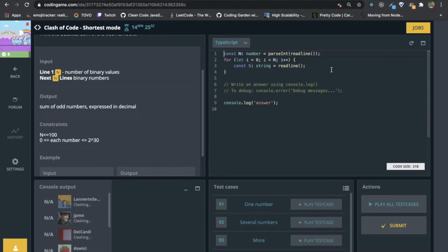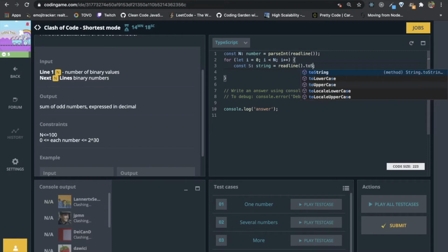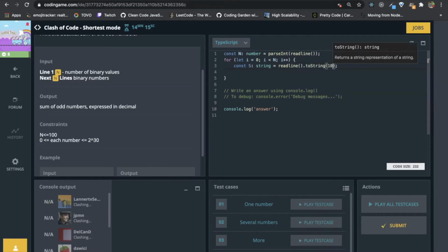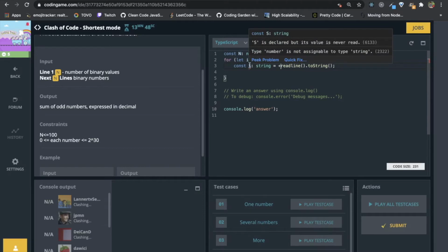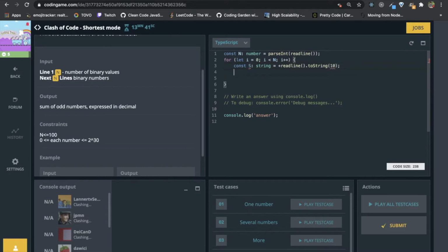For the string we can basically do this thing also, and dot to string. So there is a trick.